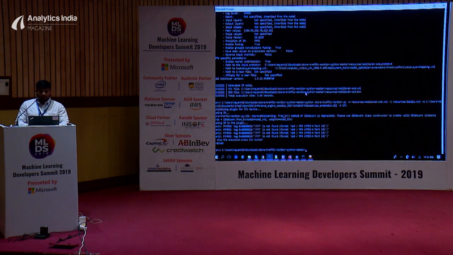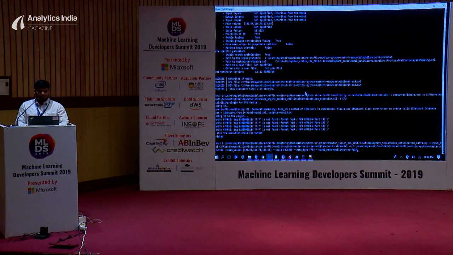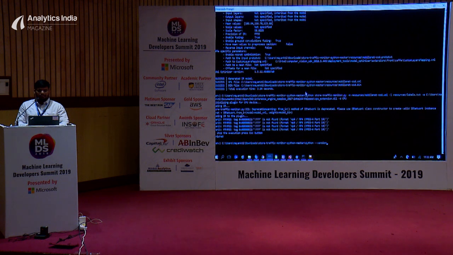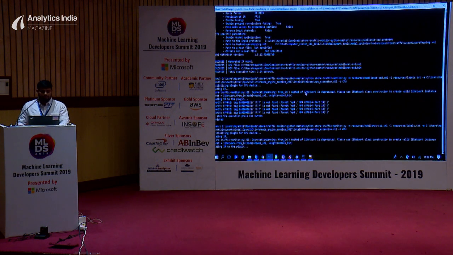Secondly, the same setup I can run through the GPU. Again, this is the Intel integrated GPU. Let me be very clear.